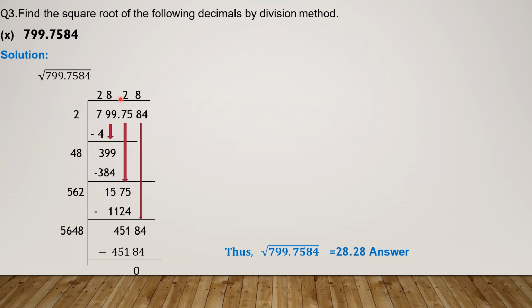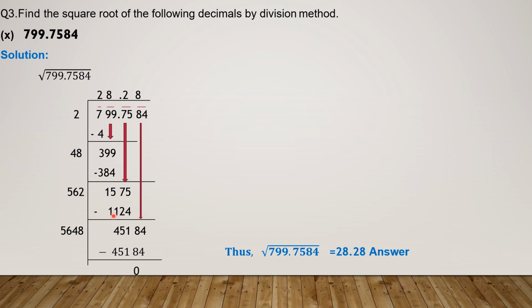It will go in the quotient portion and 75 will come down. This is your new dividend now. For this dividend you have to make your new divisor. How? 48 will be added in 8. Since we multiplied 48 with 8, 48 will be added to the same 8 and we will get 56. With 56 you will try a number and that number is 2. 562 will be multiplied with 2 and we will get